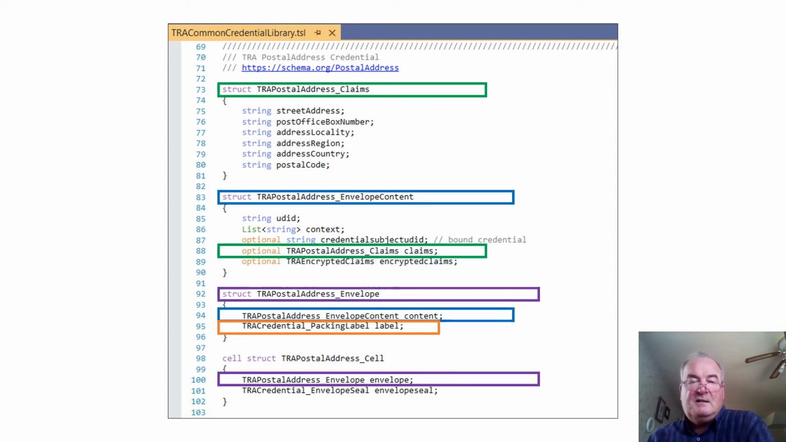Lastly, what we have now is really an untrustable credential. It doesn't have any hashes or signatures. It's not connected with a verifiable data registry. So the way we put that information in is in the envelope seal. That's the red wax seal that's on the exterior of the envelope. So that is the Trinity specification language for the